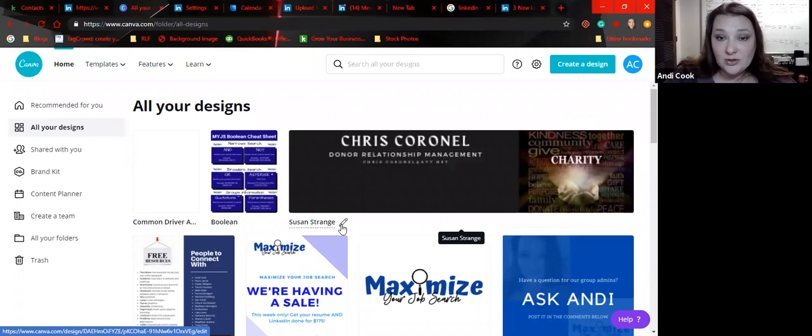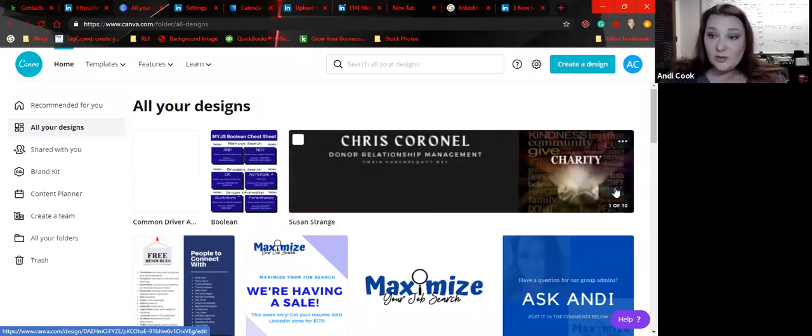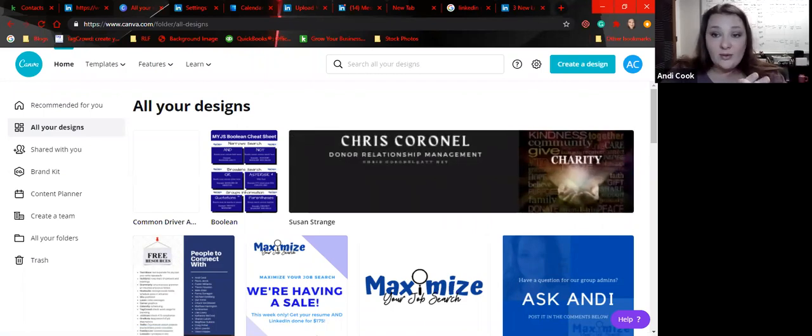So when we go, I'm going to use Chris, who is in this group with us. I'm picking on you, Chris. We created a couple of different banners for him to switch out so that he had these really cool options that when you go to his profile, you know that he does donor relationship management. And again, it is all about getting you branded. There are specifics on doing that, like having a picture that ties to what you do or want to do, as well as we go ahead and put your name on it. It's creating this whole complete brand. Canva is the tool that I use for that. It is super, super easy to use.